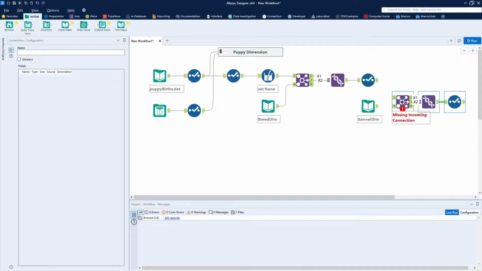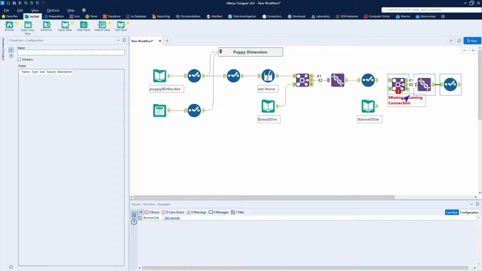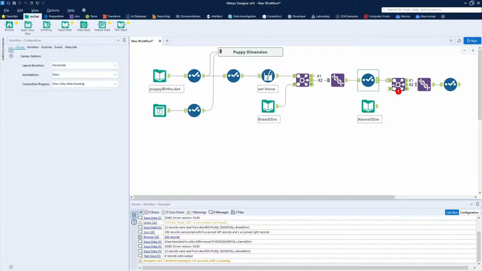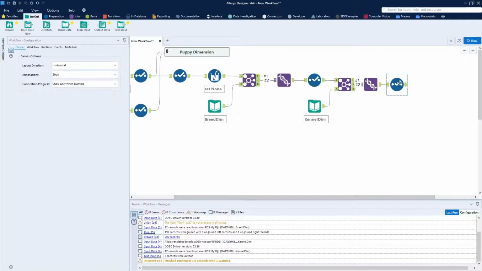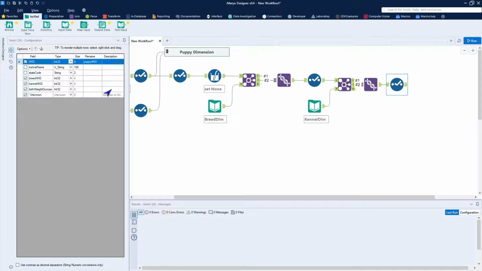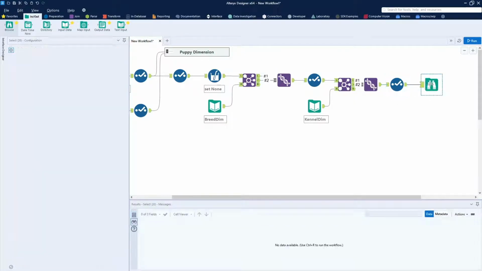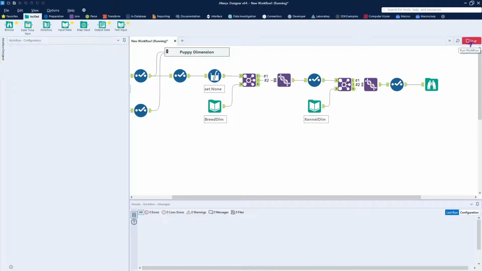It's the same three-step process. Hooking up the left and the right, putting a union in there to deal with the unknowns, selecting off the columns that I need because I no longer need kennel name, nor do I need state code, but now I can simply have my kennel wid in here as well. I'll drop the browse on the end,